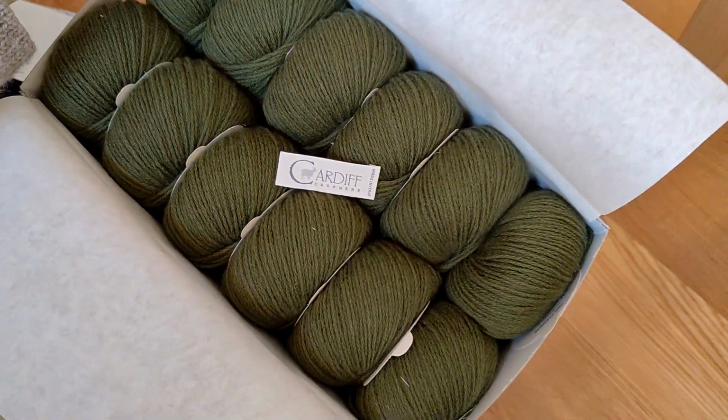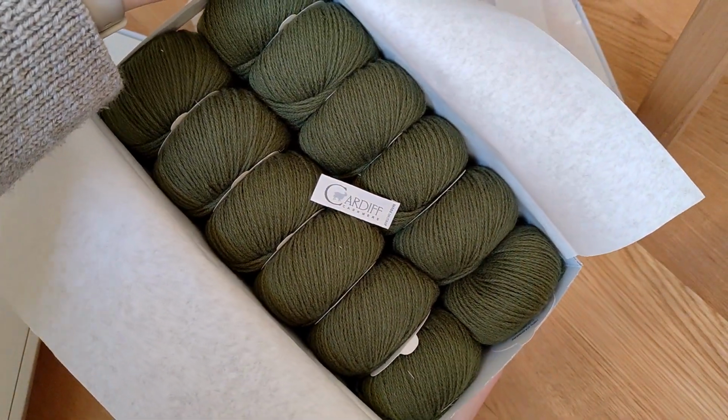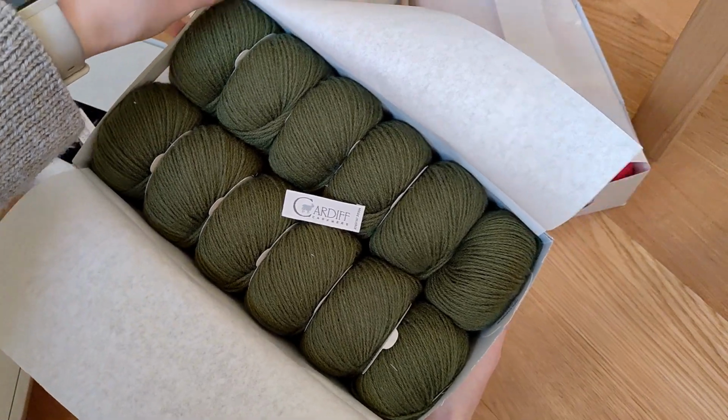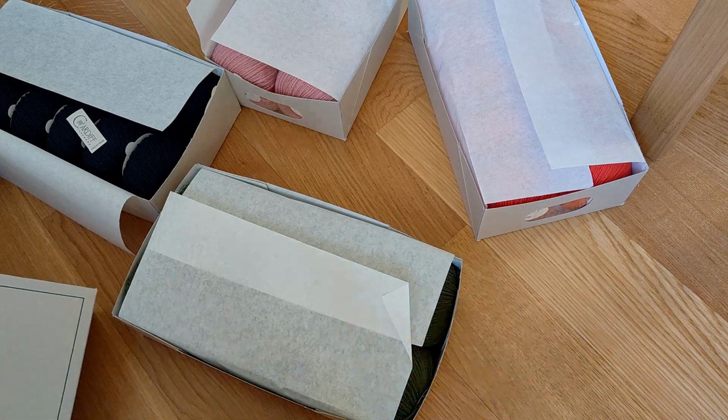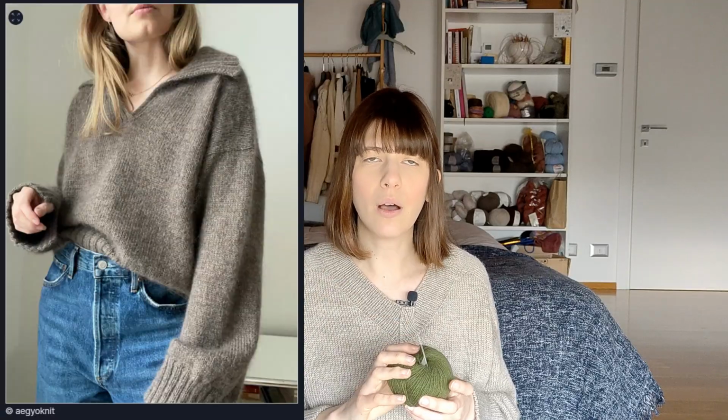So this is the color Django, and I want to use this one in a very simple stockinette project, but with a twist. So I was thinking maybe about the Bepeo blouse by Egionette, which is, I know, something similar to the Elizabeth blouse, but it has a sort of more relaxed fit